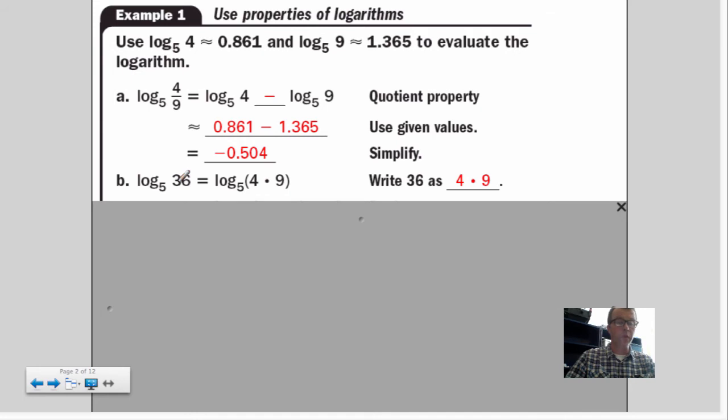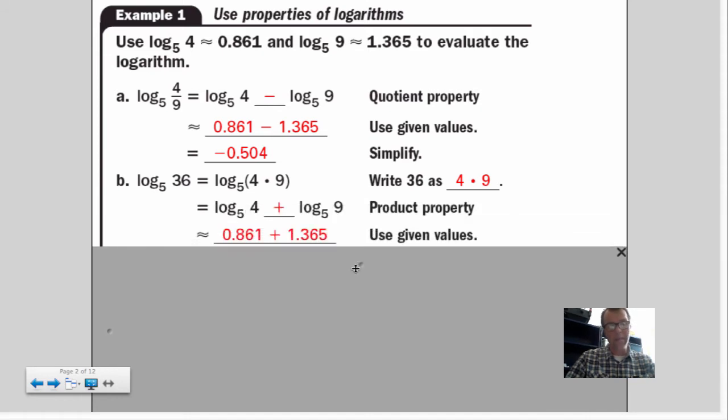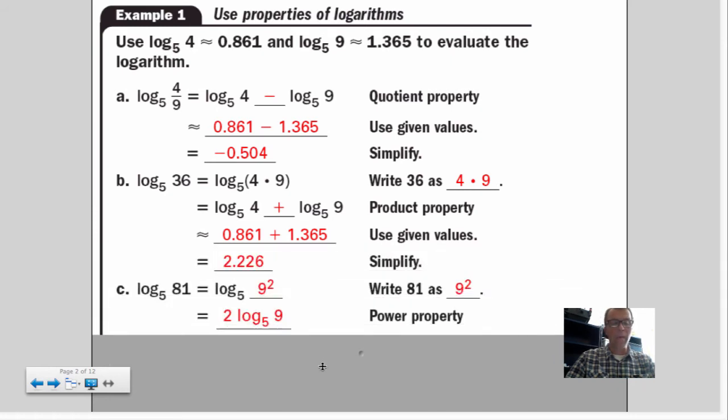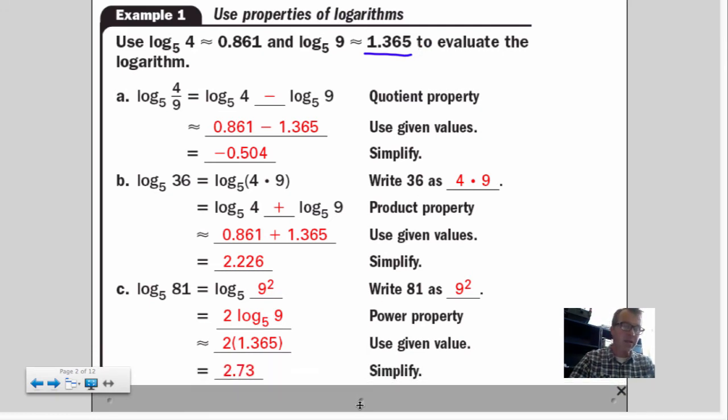You could also do that for 36. Hopefully you recognize that 36 is 4 times 9. And I could use the product rule to pull those apart and then add those quantities. And then I think finally the power rule, 81, hopefully you recognize is really 9 squared. You could use the power rule to write that as 2 log of 9. And we know from the given information that log of 9 is 1.36, and we'd multiply by 2. And let me scroll down. There's your final answer. I'm not super concerned with these types of problems. I think they're interesting. We'll do a few in class. But the next problem,